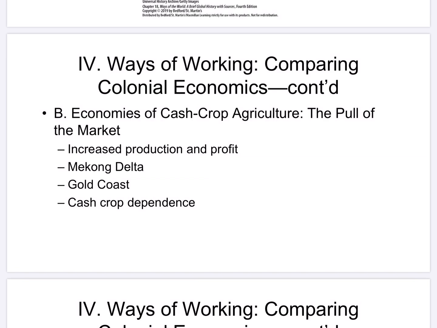In the southern Gold Coast, which is now known as Ghana, African farmers took the initiative to develop export agriculture. They became the leading supplier of cocoa in 1911, but labor shortages led to exploitation of former slaves and men marrying women for their labor power, an influx of migrants that created tensions. And many colonies specialized in one or two cash crops, and that created a dependence on their European counterparts.